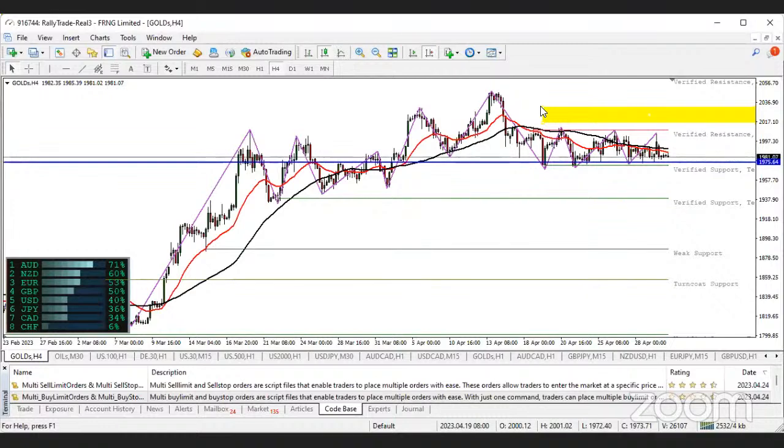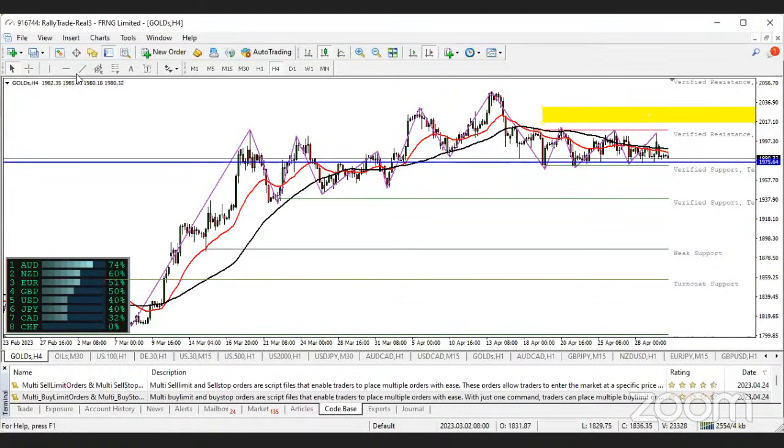The reason is because it has been ranging or trading between these channels, and you don't want to get stuck in a trade. Oh, I entered a buy, it is selling. No. Wait. When it comes to trading, you should also learn to wait. It is not a must that you enter immediately you see it buying or selling. Clearly wait for it to break above a particular zone or break below a particular zone. Then you can get a clear confirmation candle. Then you can go forward to entering your buy trade or a sell trade.